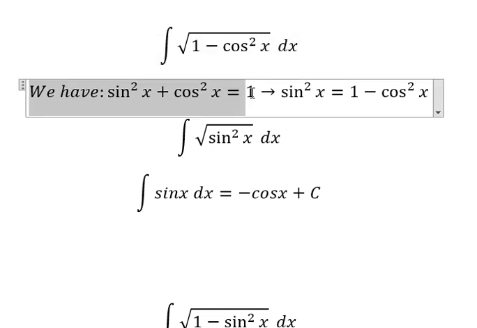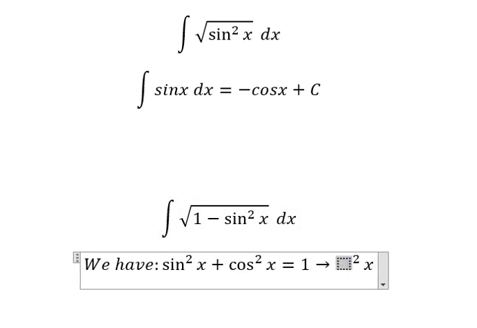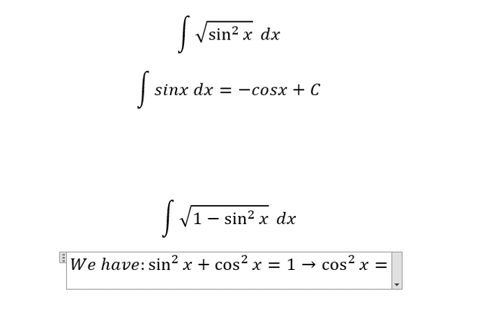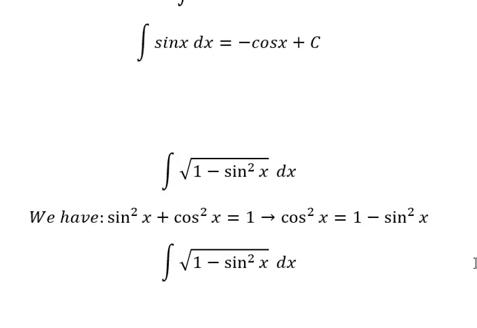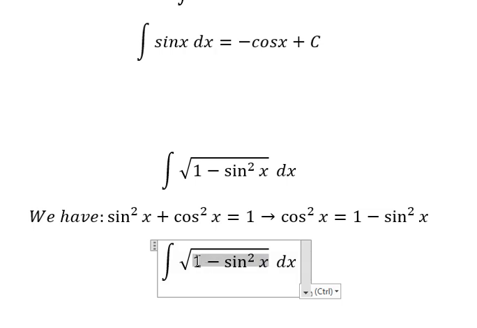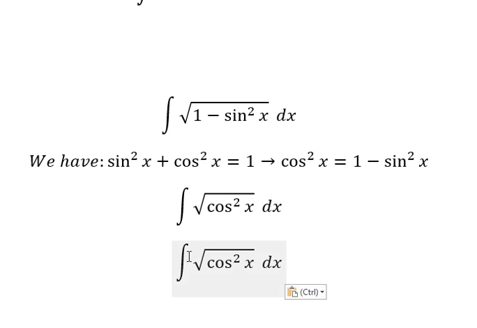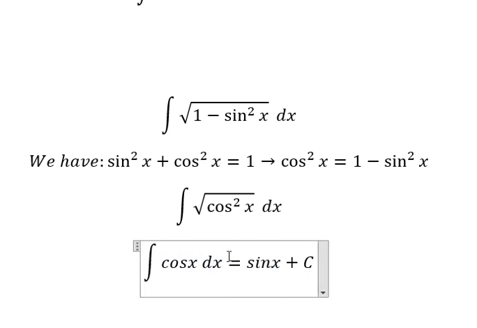Now let's go to the second one. So this one that is about 1 minus sin² s. So I will put this one go to the right, and we have cos² s equal to 1 minus sin² s. And this one that is about cos² s. This one we have cos s, and that is the